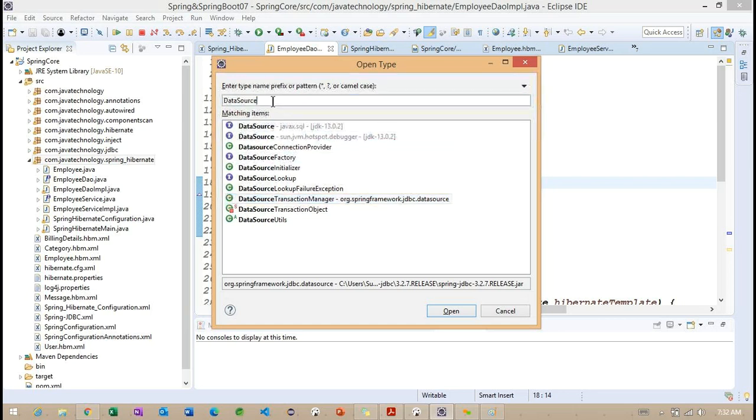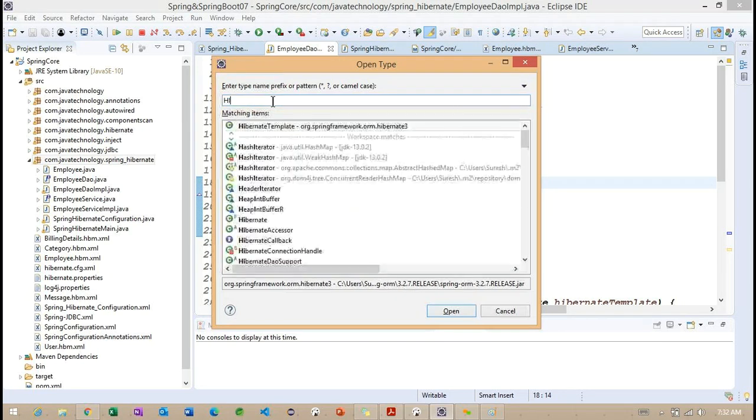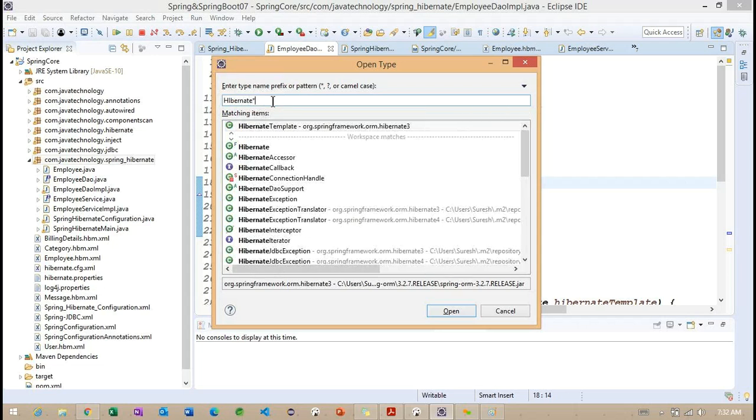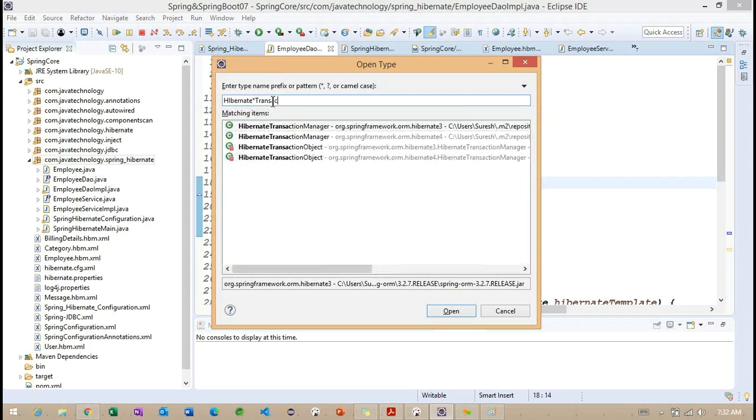But whenever we work with Hibernate, we have the Hibernate Transaction Manager. We are working with the free version, so we need to focus on the Hibernate Transaction Manager for Spring 5.